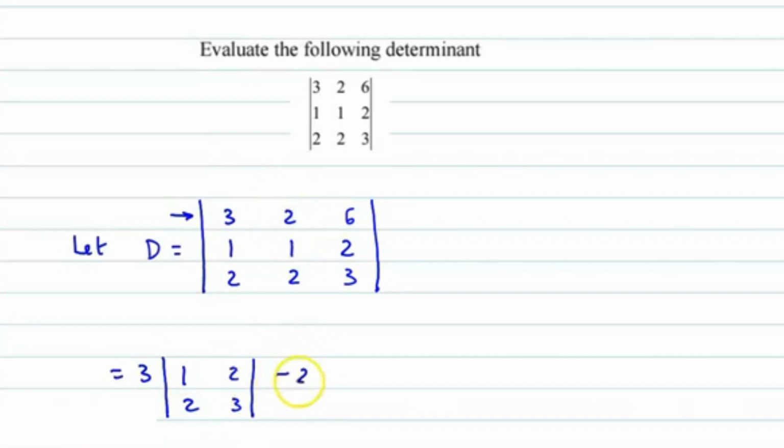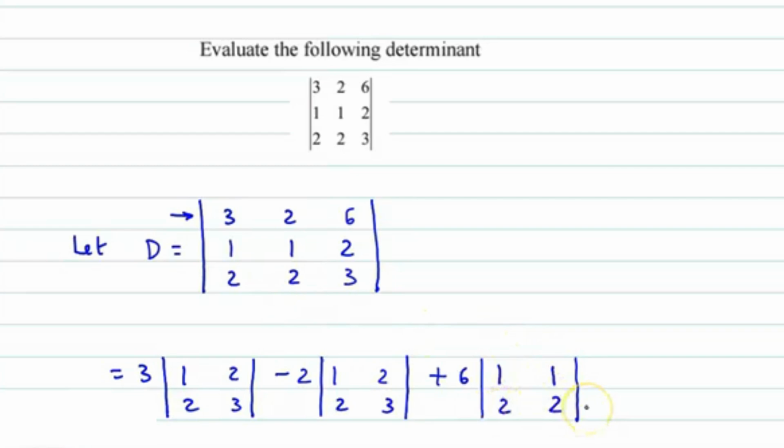अब सेकेंड एलिमेंट का साइन चेंज, सो ये पॉजिटिव 2 है तो ये आएगा -2 इनटू अगेन डिलीटिंग द रो एंड कॉलम। तो 2 का रो डिलीट किया, 2 का कॉलम डिलीट किया, तो ये 4 एलिमेंट्स आएंगे 1 2 2 3 1 2 2 3। देन आखिरी टर्म है +6, सो वी राइट +6 टाइम्स। अब जो डिटर्मिनेंट आएगा अगेन 6 का रो डिलीट करते हैं, 6 का कॉलम डिलीट करते हैं, ये 4 एलिमेंट्स आएंगे 1 1 2 2। सो वी हैव 1 1 2 2